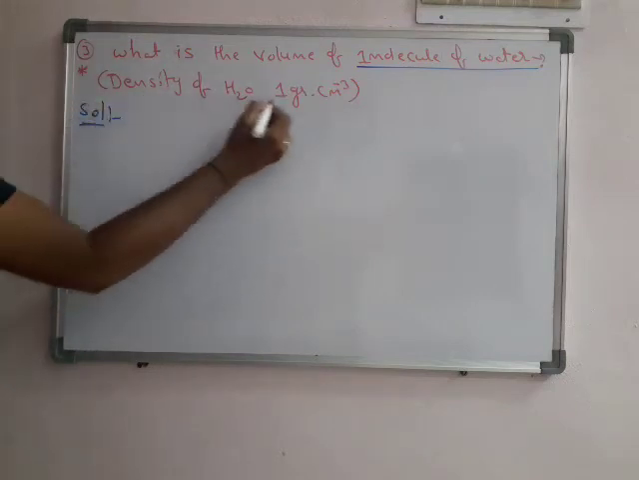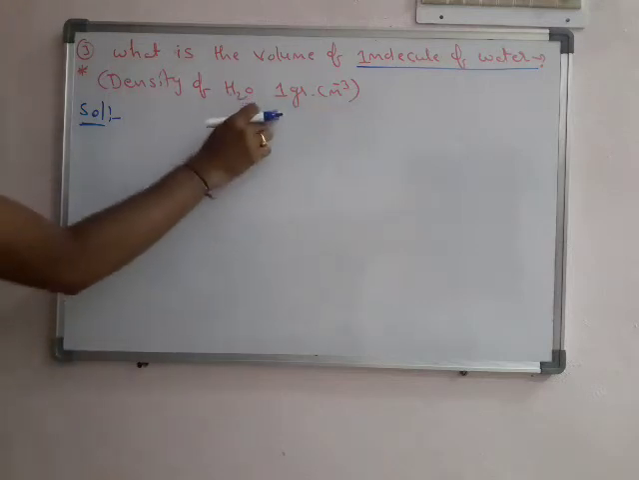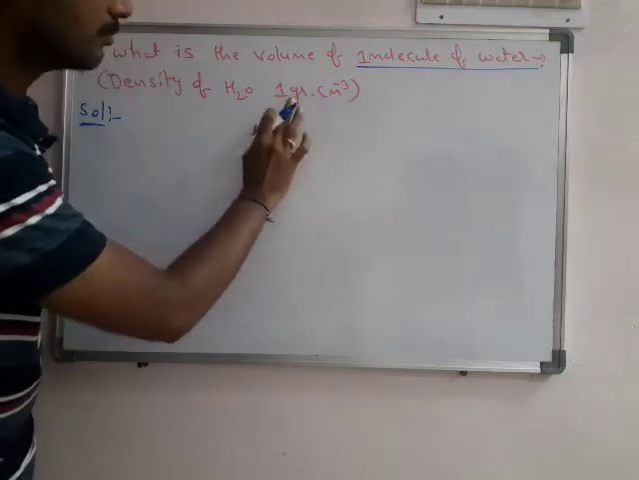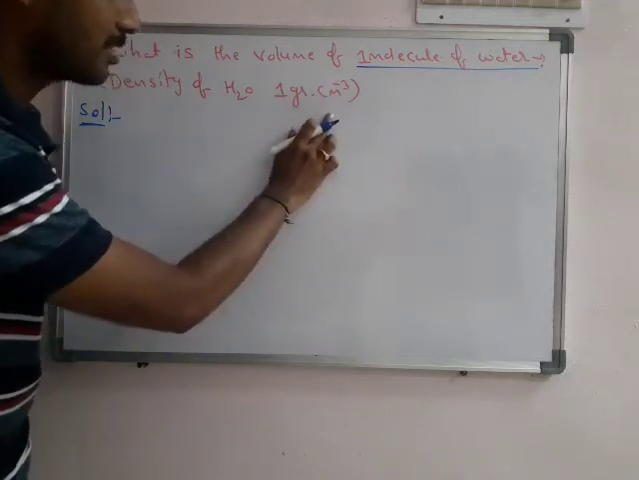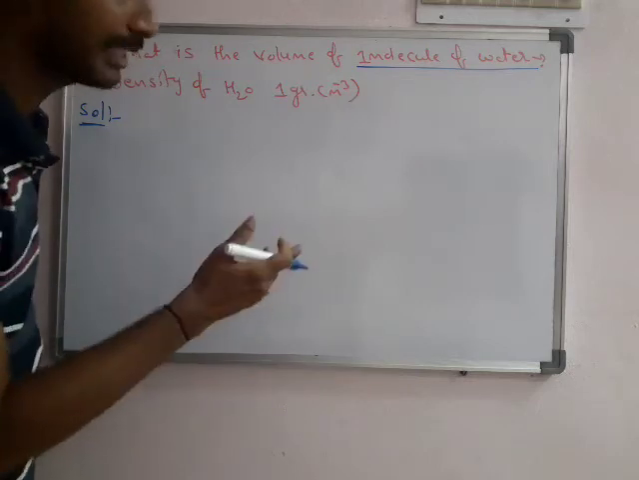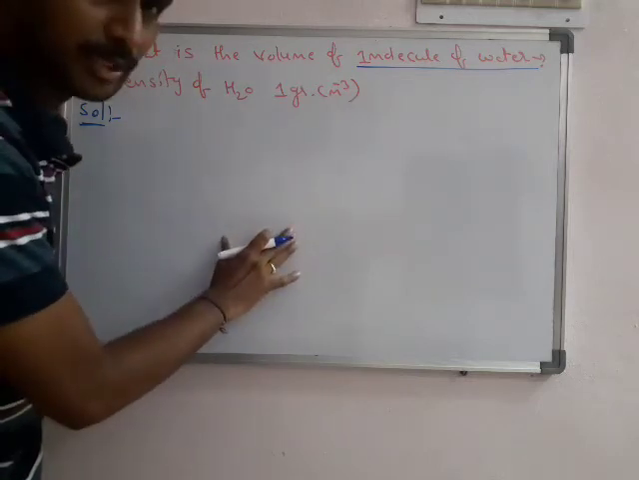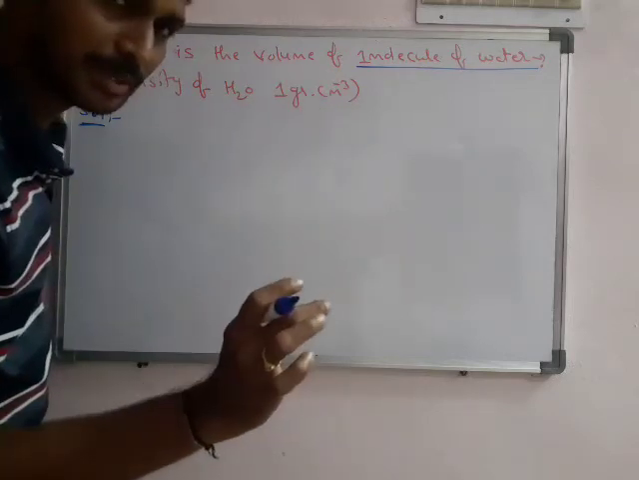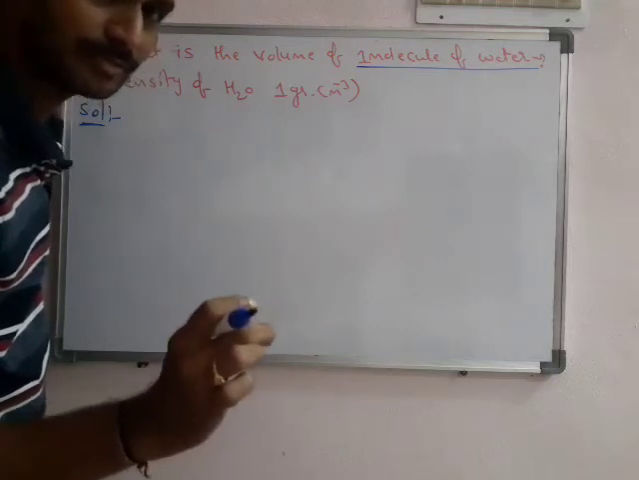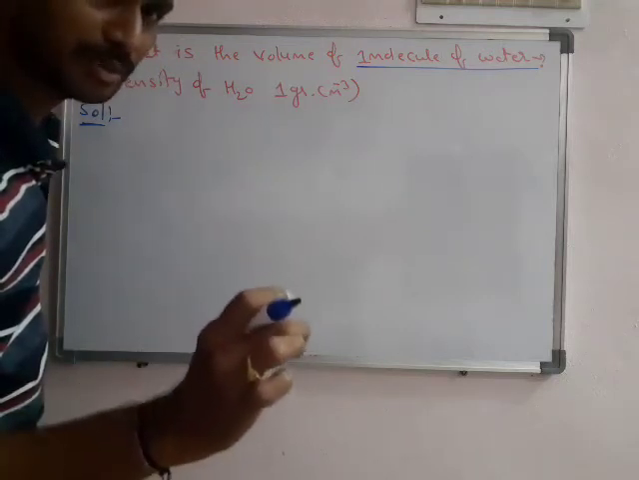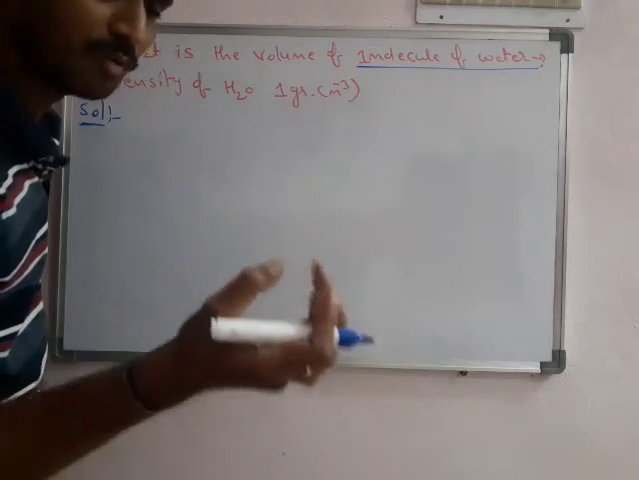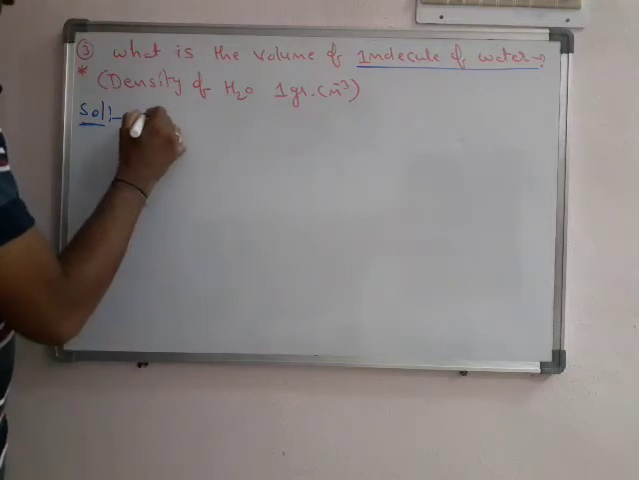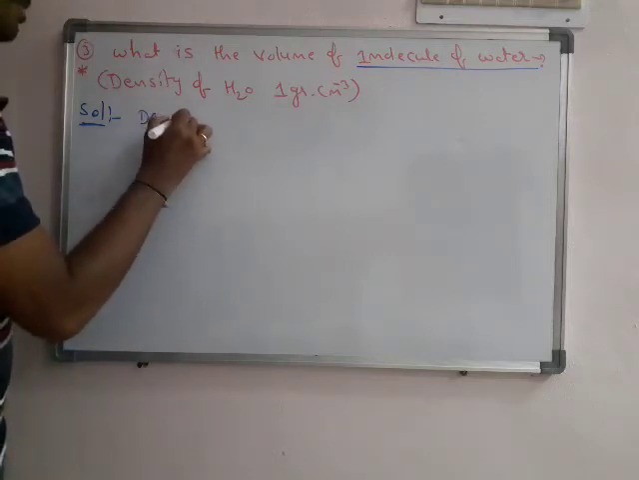Here density is 1 gram per centimeter cube. Okay. Density is always given generally in grams per milliliter or grams per centimeter cube. So what is the meaning of that? If we take 1 centimeter cube of water, 1 centimeter cube means nothing but 1 milliliter. So if we take 1 milliliter of water, what is its weight? 1 gram. Okay. So with the help of density we can write